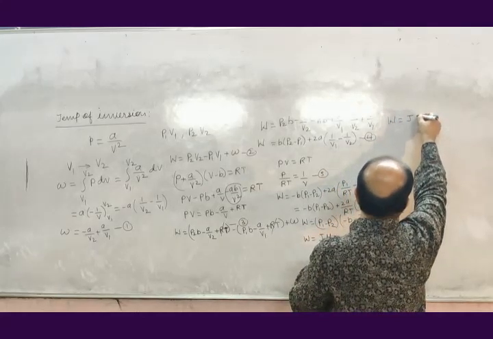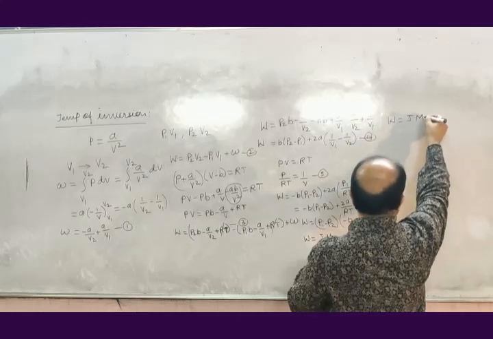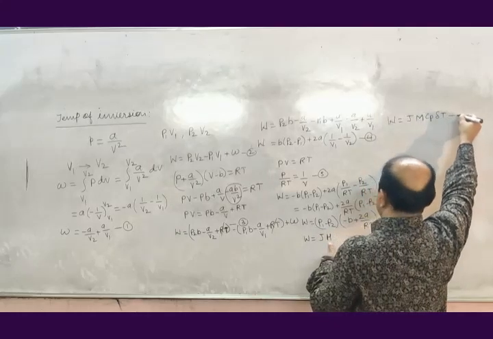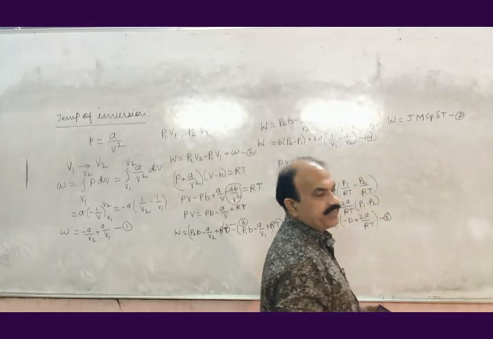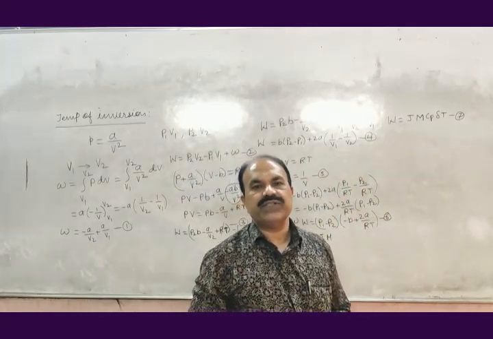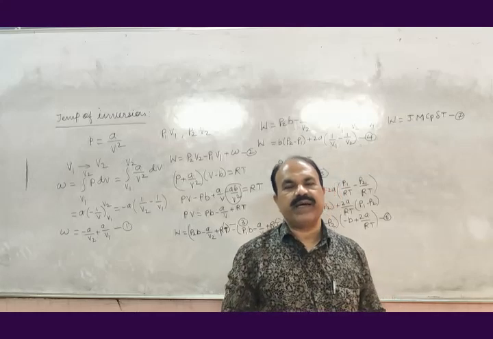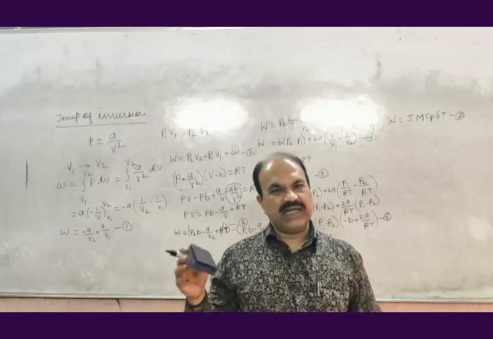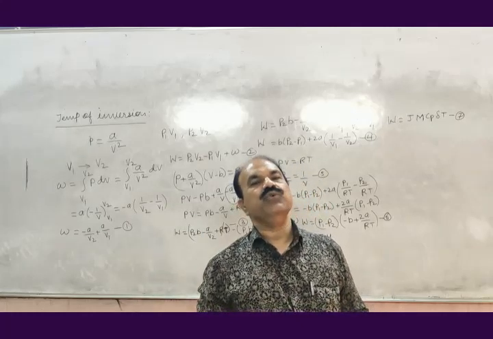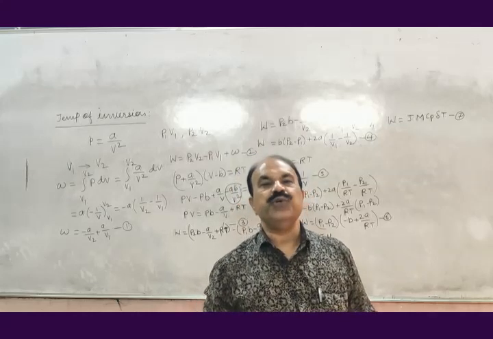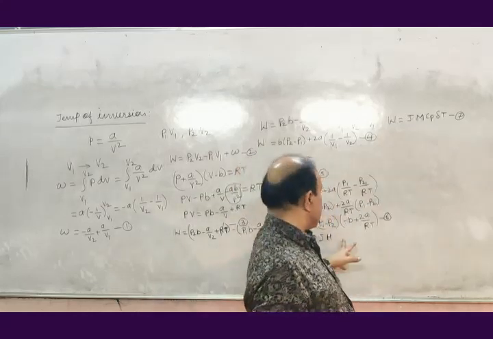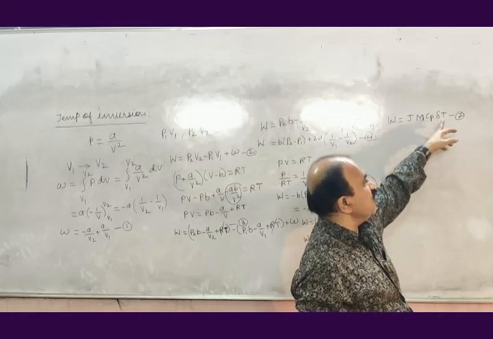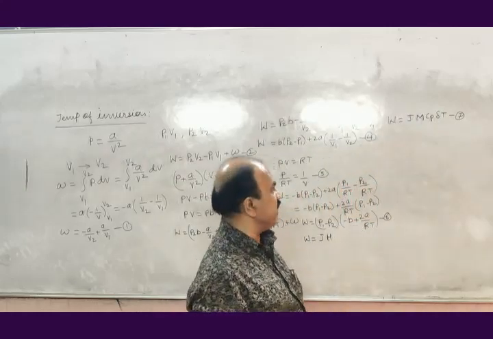Heat H is given by M, the gram molecular mass, Cp into delta T. Equation number 7. Heat given out or absorbed by any mass of matter is always the product of the mass in gram of that matter into its specific heat into change in temperature. So this capital H is written here as mass M into specific heat Cp into change in temperature delta T.